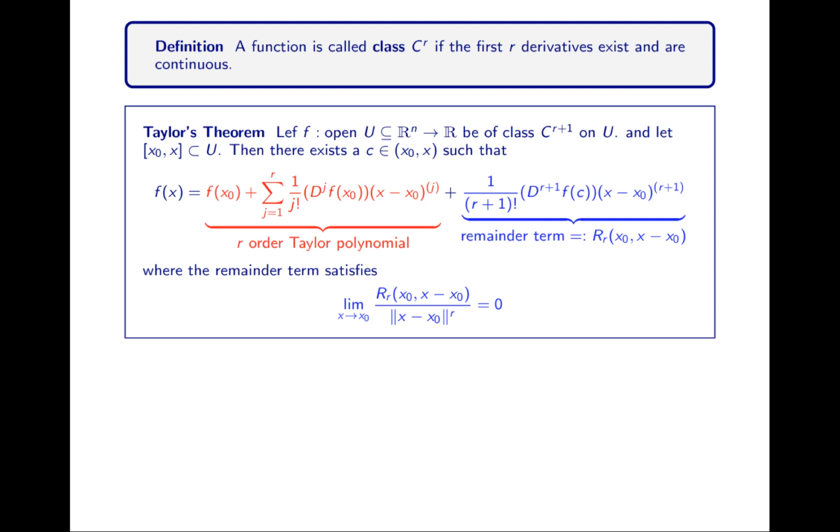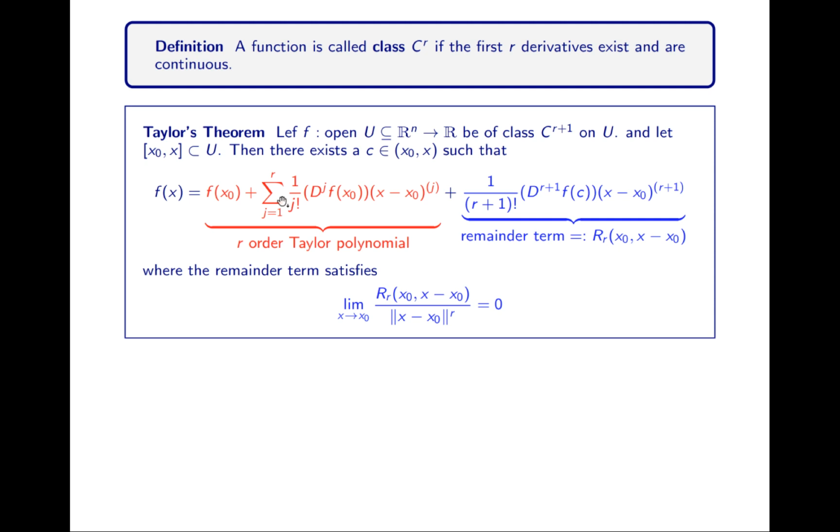Suppose f maps an open subset U of R^n to R and is class C^(r+1) on U. And let the interval x naught to x, in other words, the set of all convex combinations of x naught and x, be contained in U. Then there exists a c in the open interval x naught to x. Remember, the open interval x naught to x is the set of all convex combinations of x naught and x, but not including x naught and x, for which f of x is f of x naught, right? x naught is kind of my point of tangency,